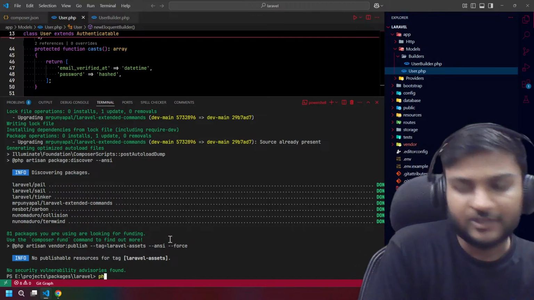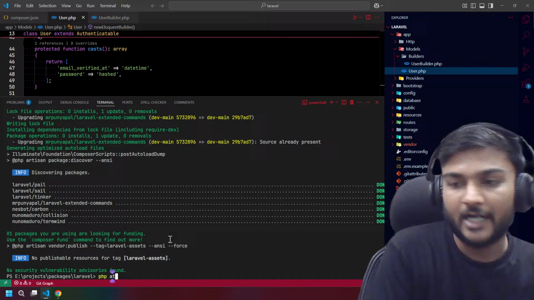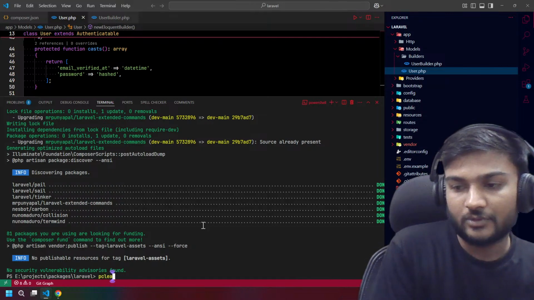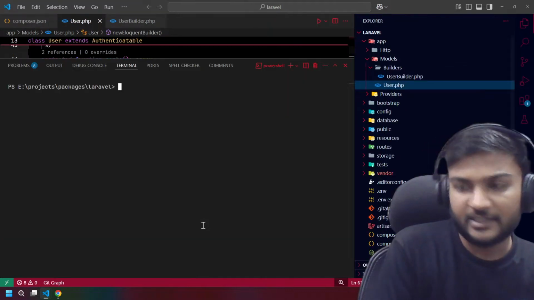Let's try to create a new model. PHP artisan. Is it visible? I think it's not, so let's clear first and zoom in a little bit more.